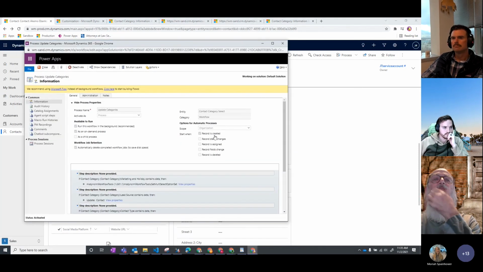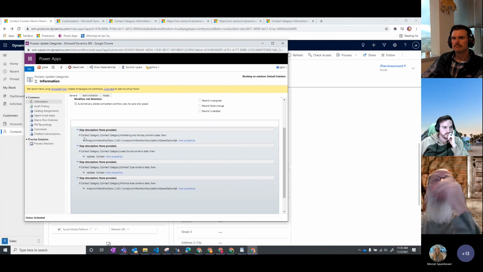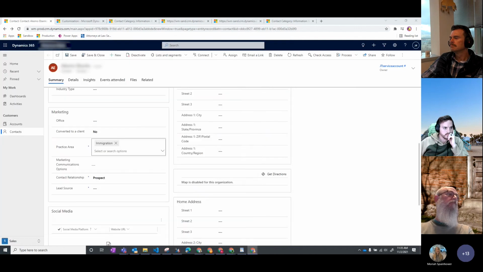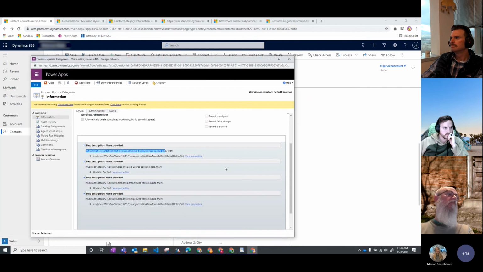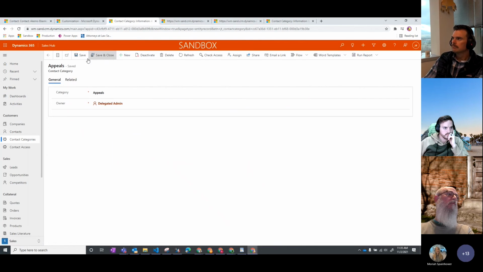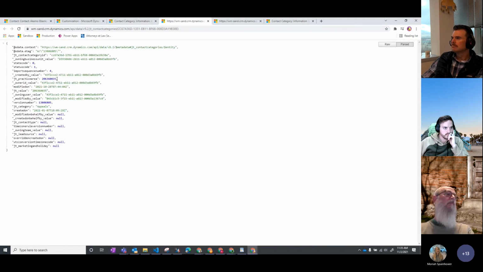This isn't very elegant, but I just have, if that contact category has data in that field, then that's the one it's supposed to go to. But getting values and using a reference table to hold those values sped it up quite a bit, and I could use it in a workflow,